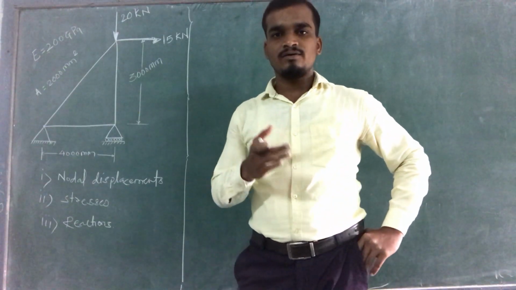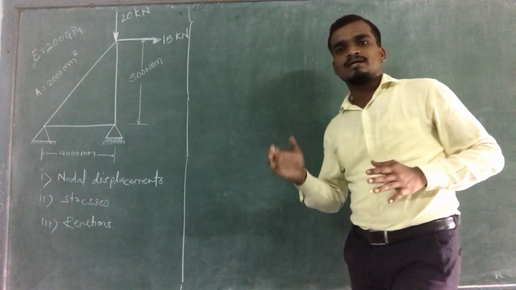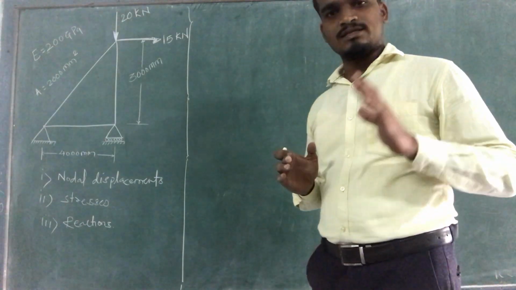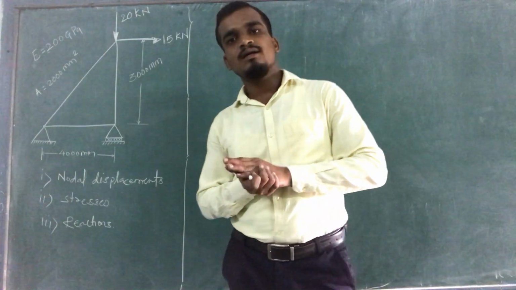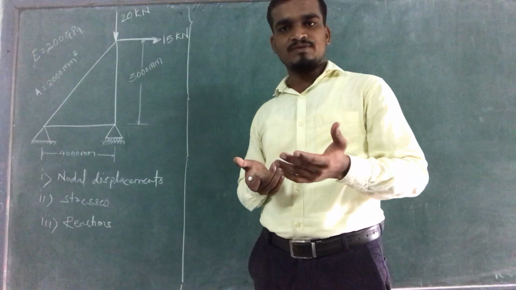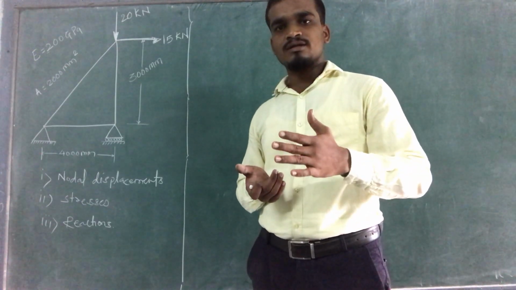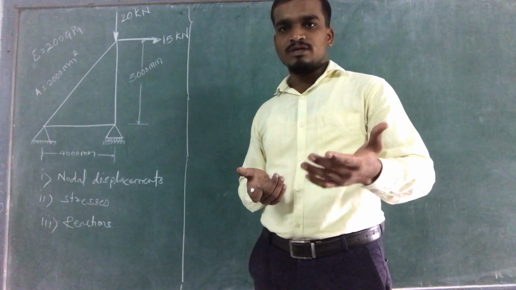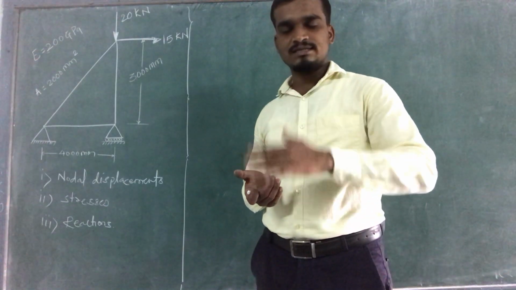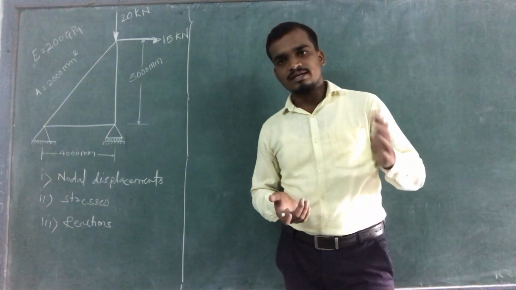We have applied our standard procedure, which means first we need to create the elemental stiffness matrix. This is your first step. Then the second step is what? Construct the global stiffness matrix. Then the third step is what? Apply the boundary condition, and then by applying the boundary condition, apply the elimination approach. You will get the displacement first. Then next you will get the stresses by using these displacements, and finally you will get the reactions by using